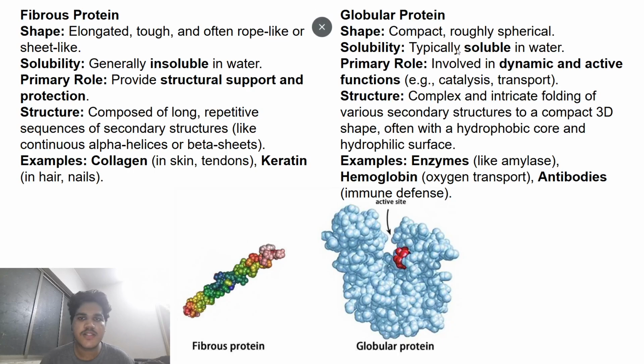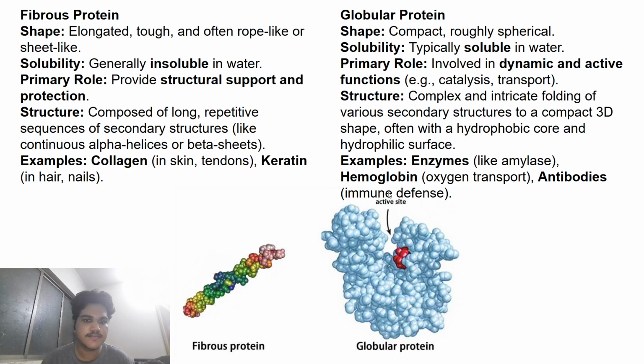So, more about fibrous proteins and globular proteins. Let's start off with globular proteins. It has a compact, roughly spherical shape. It is typically soluble in water. It is involved in dynamic and active functions, for example catalysis, as it acts as an enzyme, and transport. The structure is complex, with intricate foldings of various secondary structures into a compact 3D shape, often with a hydrophobic core and a hydrophilic surface. Examples are enzymes like amylases, which break down amylose, hemoglobin, which transports oxygen, and antibodies, which act as